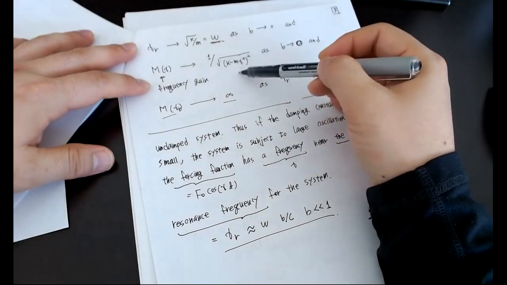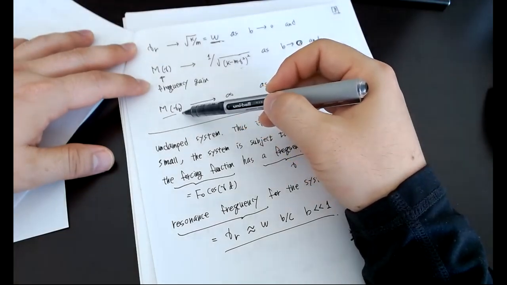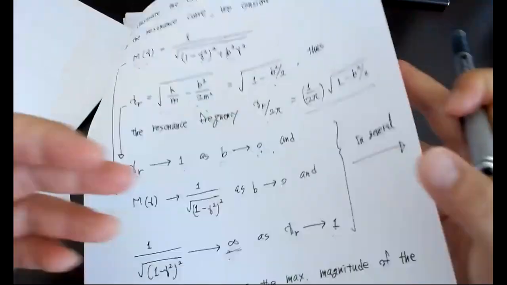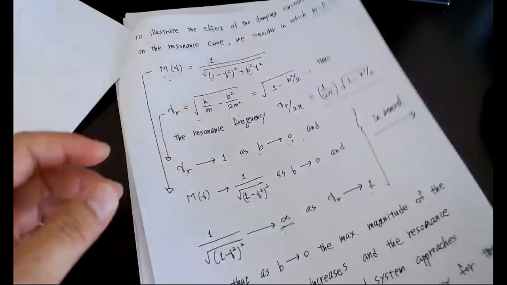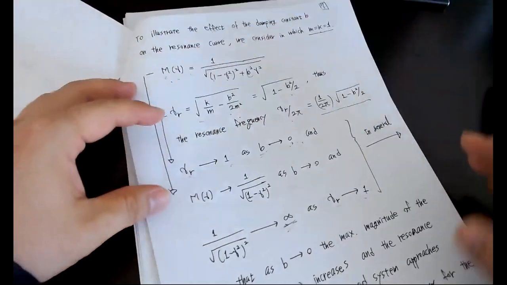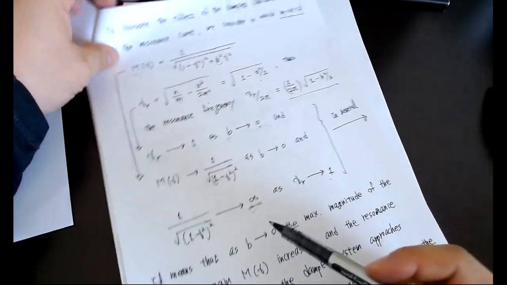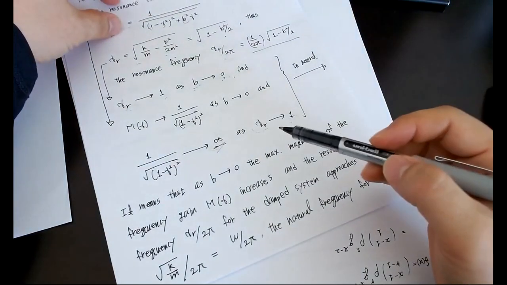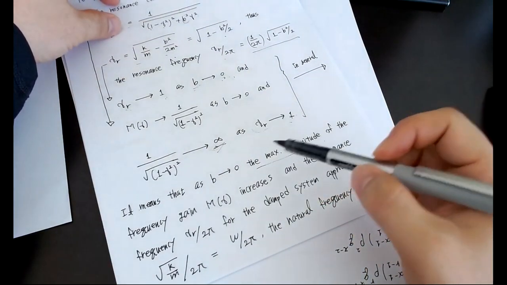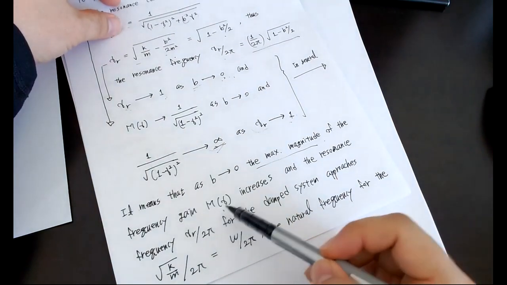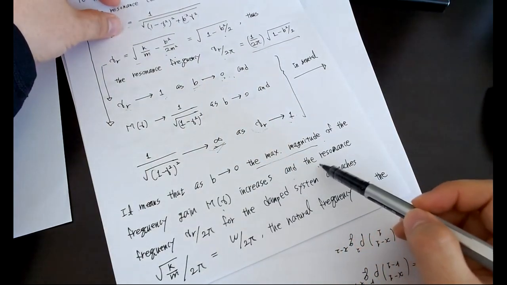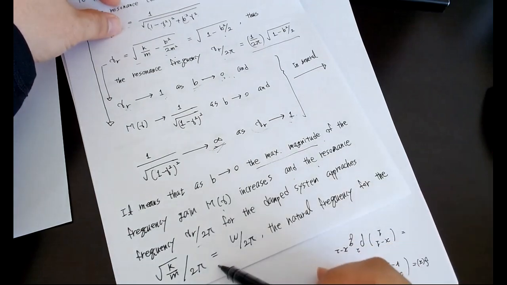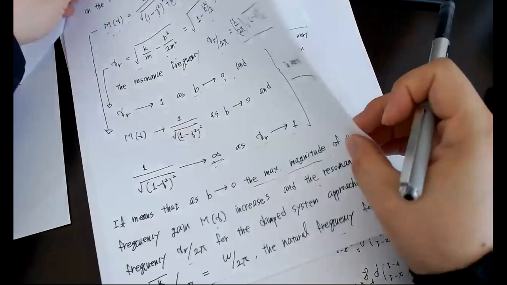So this denominator approaches 0, and that's why the frequency gain approaches infinity. Now what does that mean? As b approaches 0, the maximum magnitude of the frequency gain increases, and the resonance frequency gamma r over 2 pi for the damped system approaches the natural frequency